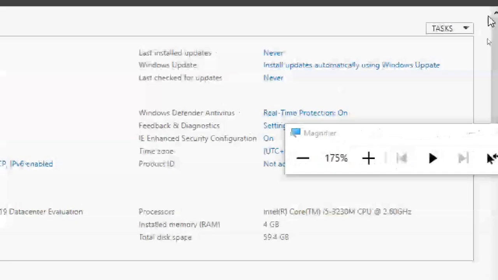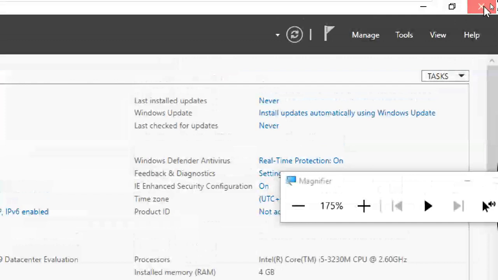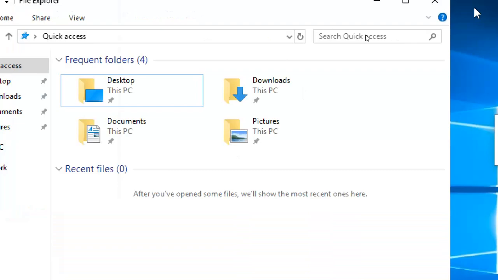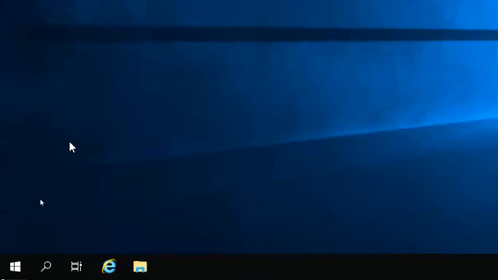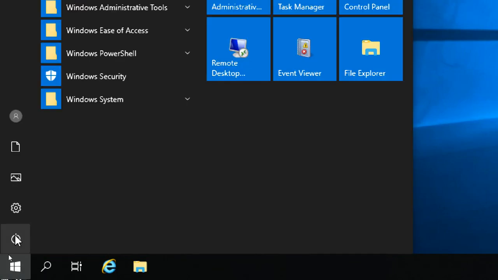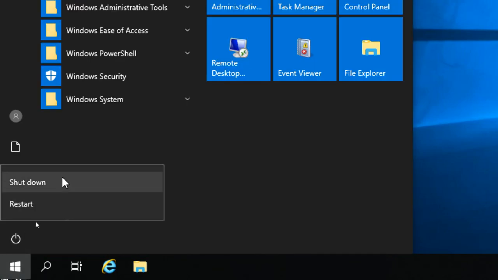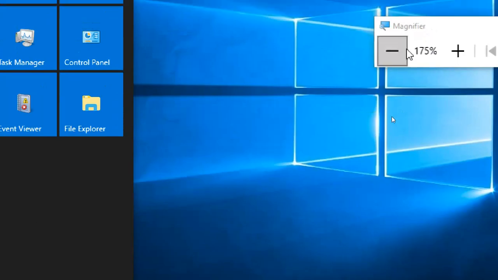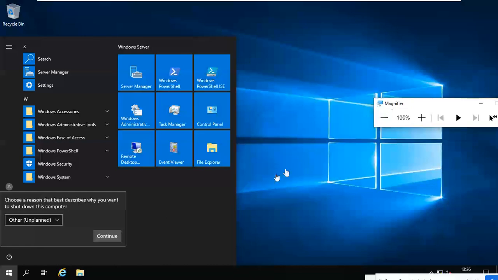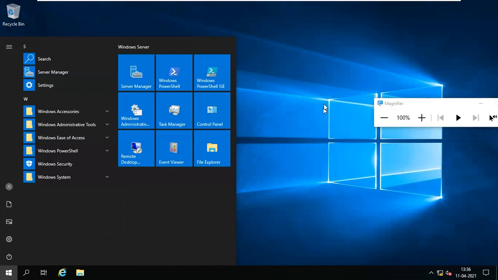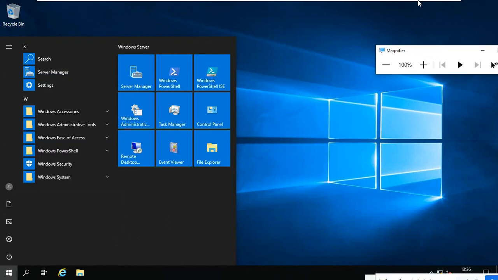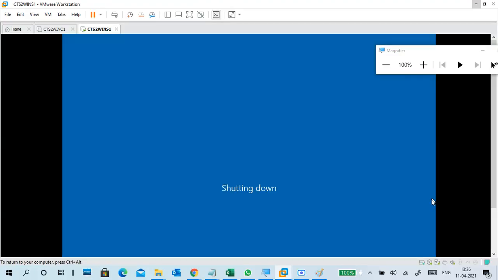So close everything whatever you have open. I'm closing the server manager. I'm closing whatever it is showing here. I closed it. I'm going to shut down. Okay, tomorrow we'll see how to change the name and all that kind of stuff. Just for today I installed it because it's already 1:30.